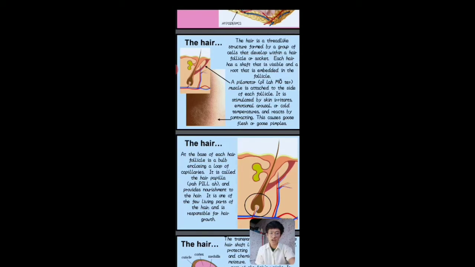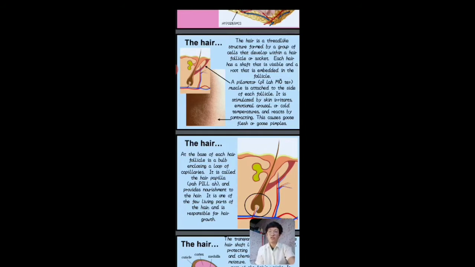Each hair has a shaft that is visible and a root that is embedded in the follicle. A pilomotor muscle is attached to the side of each follicle. It is stimulated by skin irritants, emotional arousal, or cold temperature, and reacts by contracting, which causes goose flesh or